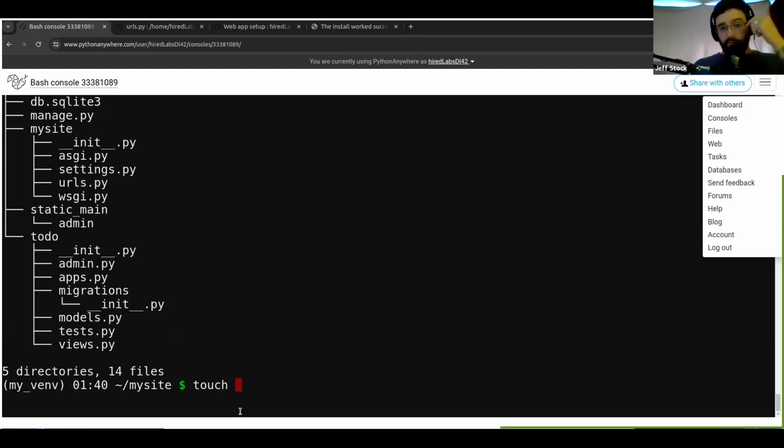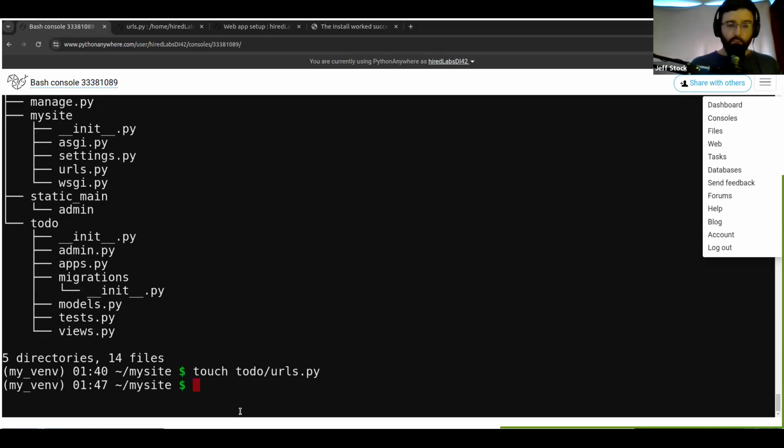On the GUI if you like. So we're just going to do touch to do using tab complete, and then same thing, urls.py. So it's going to be the same name as the one that's in the my site directory, which can be confusing. So again, this is why you've got to really keep track of what directory you're in